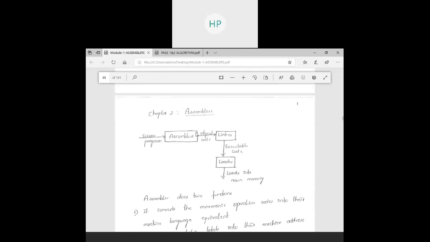If you remember your language processing system, which I taught in the first class of compiler design, the source program, if you have written it in Java, is given as input to the compiler, and the compiler will output what type of code? ASM code, right? So here my source program is not .java, it is a .asm file. The .asm file is given as input to the assembler, and the assembler will generate the object code, which is in the form of binary. A .obj file will be created, which is again given to the linker and loader.